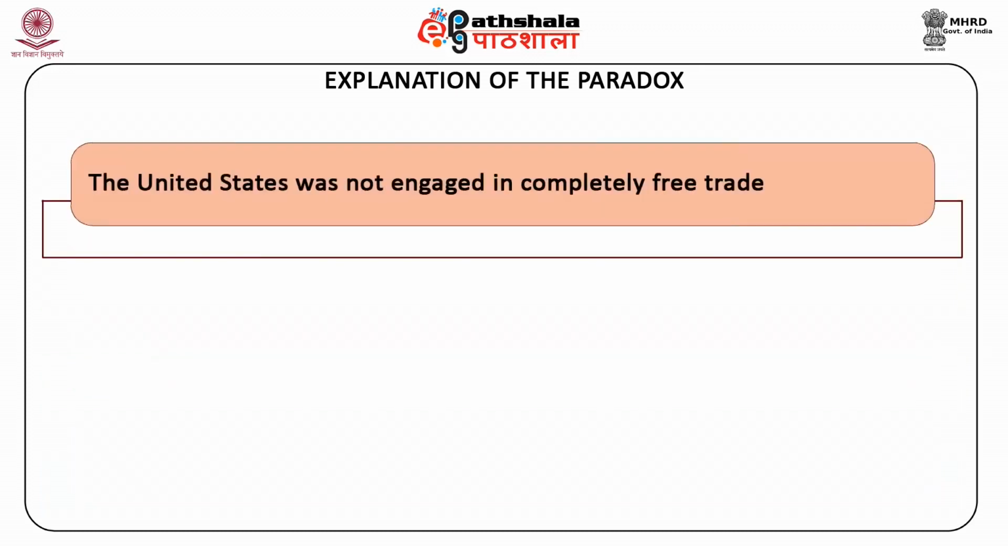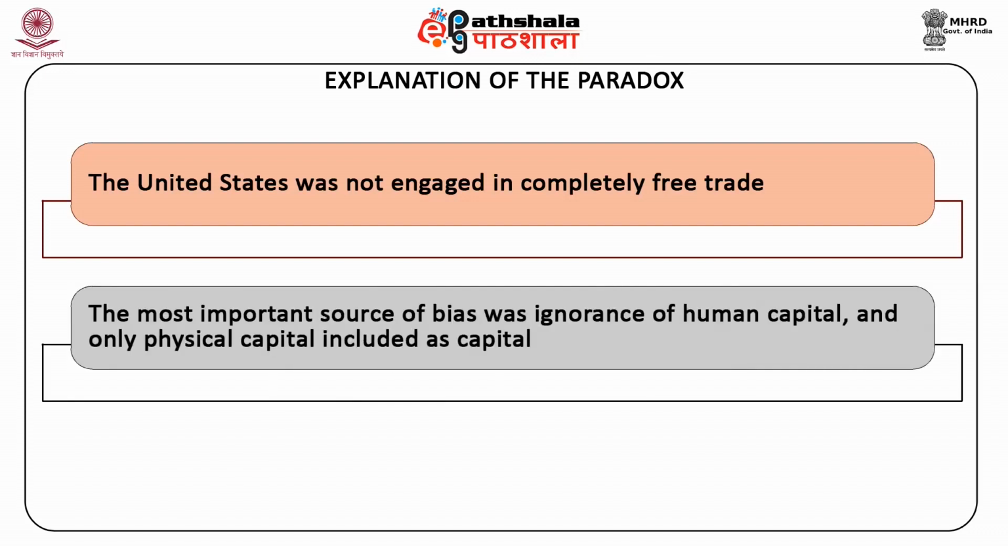The United States was not engaging in completely free trade as the Heckscher-Ohlin theorem assumed. Most heavily protected industries in the US were labor intensive, which reduced imports and increased domestic production of labor-intensive goods. The most important source of bias was ignorance of human capital, education, job training, and skills, and only physical capital